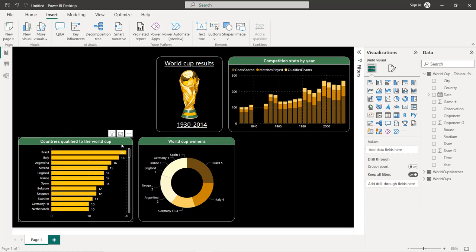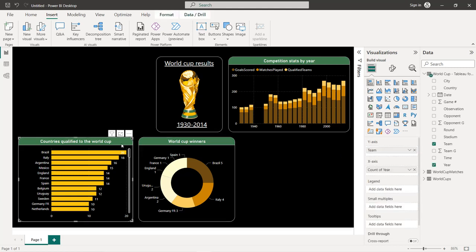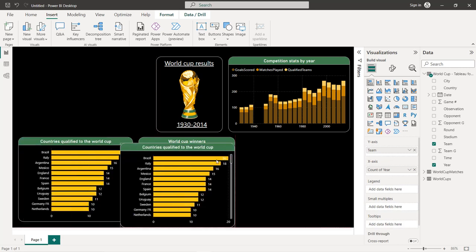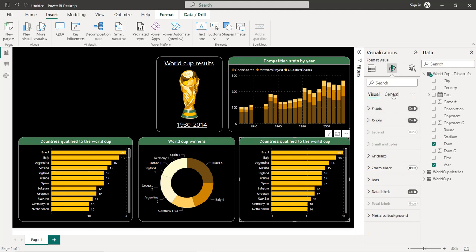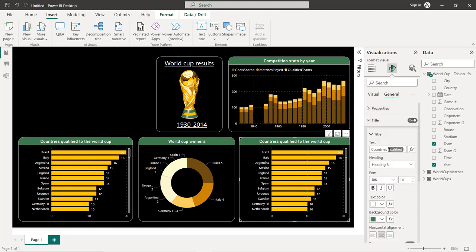So what we are going to do is that we click Ctrl C, we copy and we paste, Ctrl V, put the second one in here like this, and instead of countries qualified to the World Cup, we'll change the title into countries hosted the World Cup. Okay,